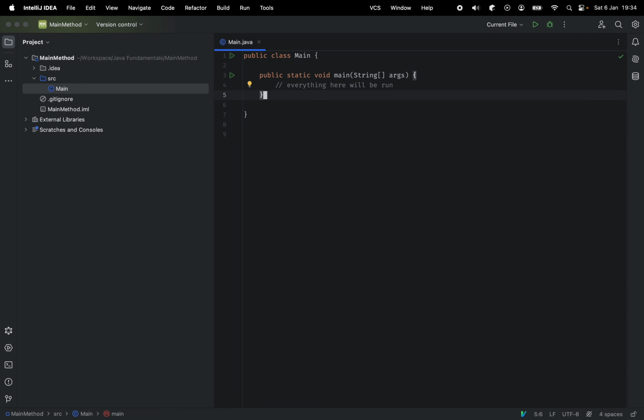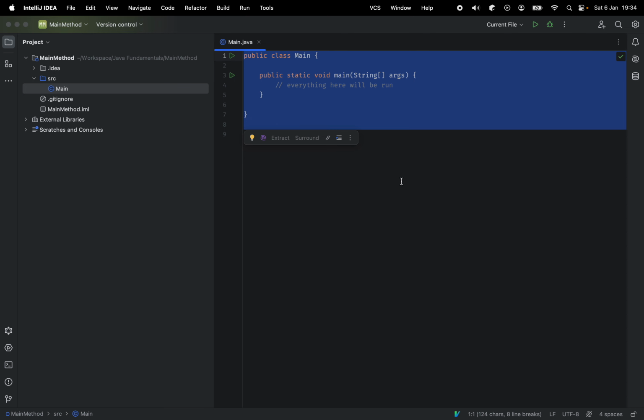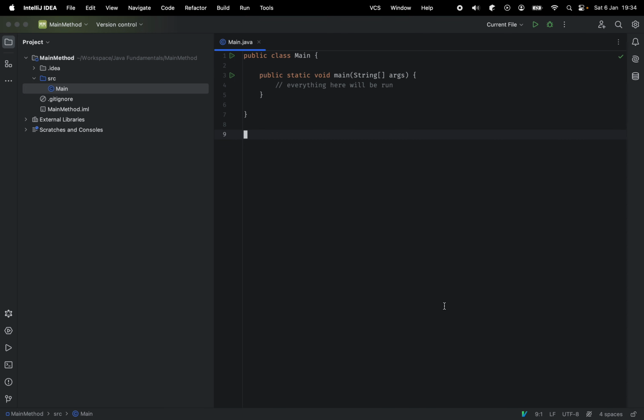So pretty much, when we run this main method, everything in here will execute. Now, obviously,